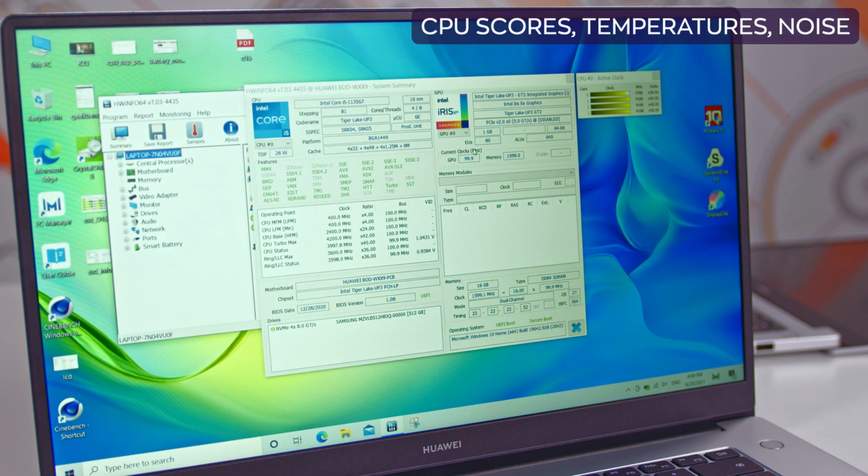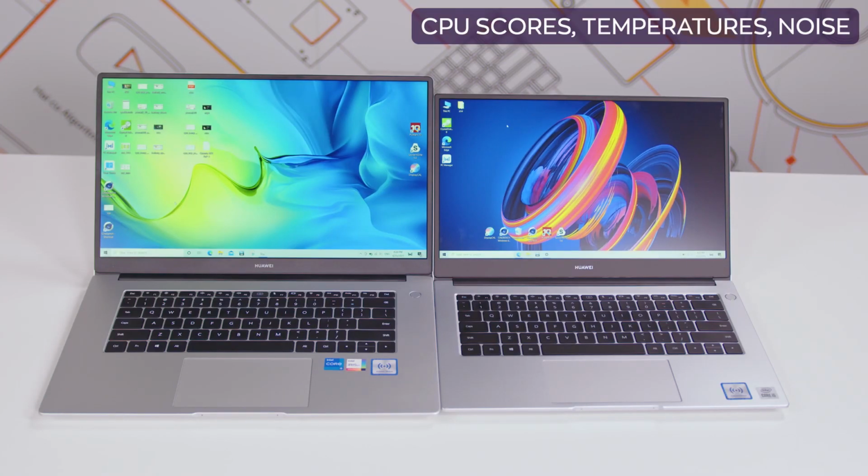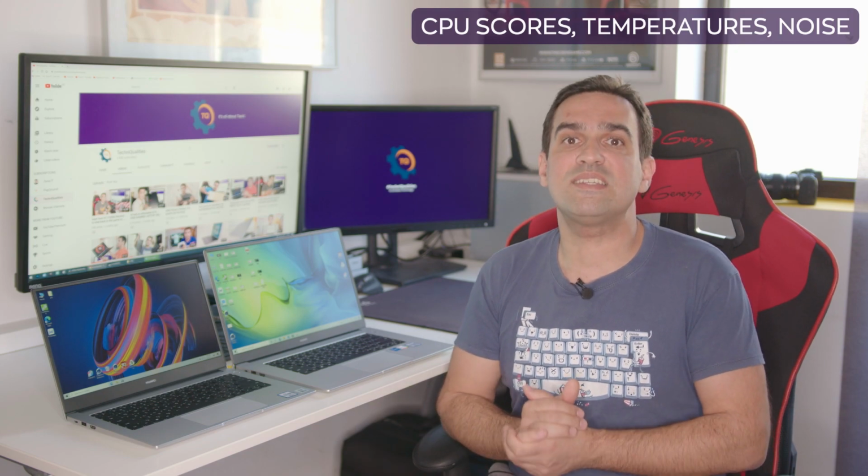Matebook D15 has a stronger CPU, Intel Core i5-1135G7 quad-core with 900 MHz up to 2.4 GHz base clock and a single-core boost of 4.2 GHz, which is also indicated by its 25 watt TDP, and an improved architecture compared to the 10th generation. Both laptops include 16 GB of onboard RAM, a 512 GB SSD, and with that said, let's see the test